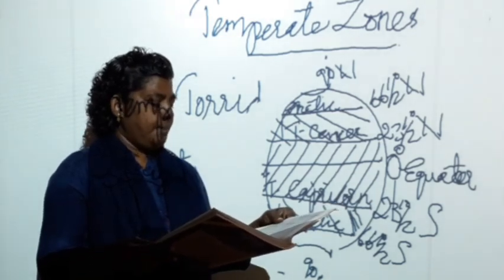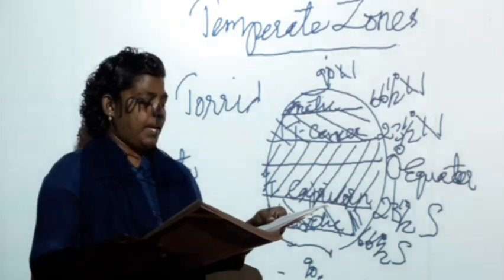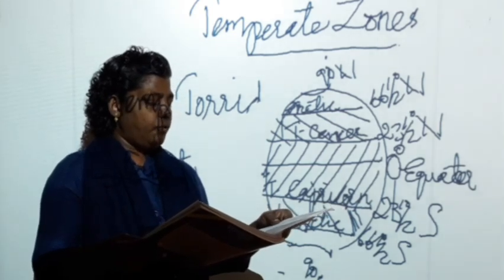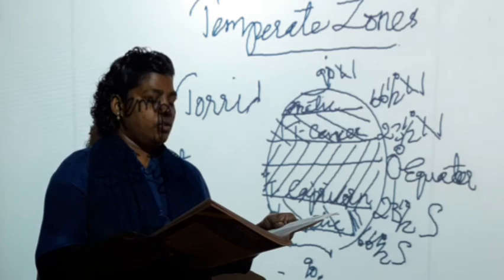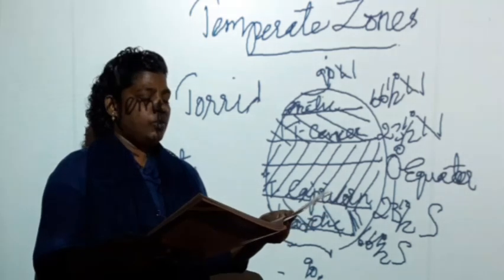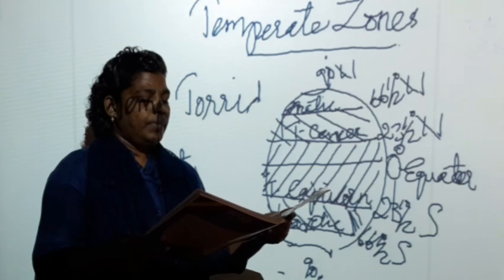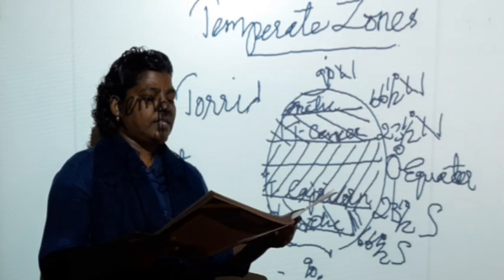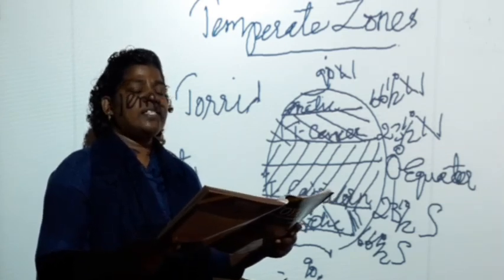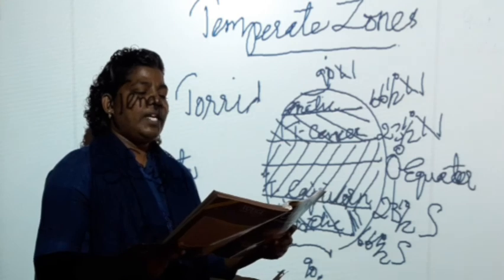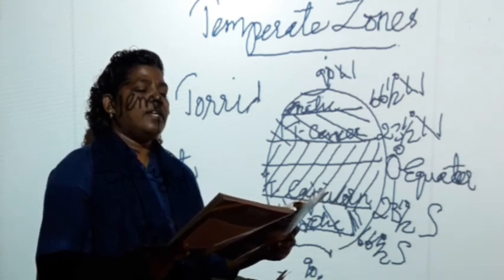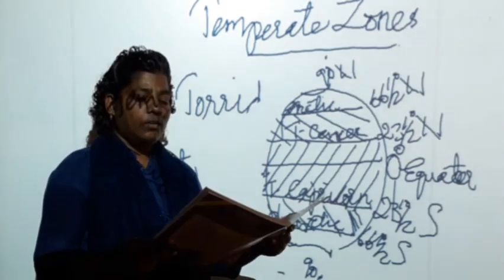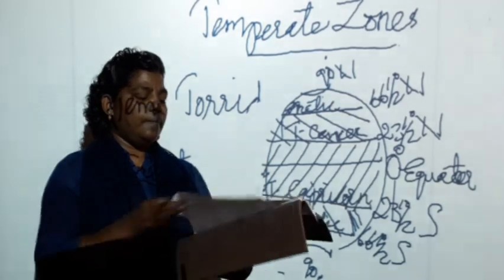Then come down to the heat zones of the earth. Under the heat zones of the earth, first para fully, then under the subheading torrid zone till the middle of the 4th line, "it is the hottest zone." From there, come to the next subheading temperate zone till the middle of the 6th line, "over covered in these regions." And come to the next subheading frigid zone from the beginning till the 5th line, "the sun rays are very slanted." This is C10 question.